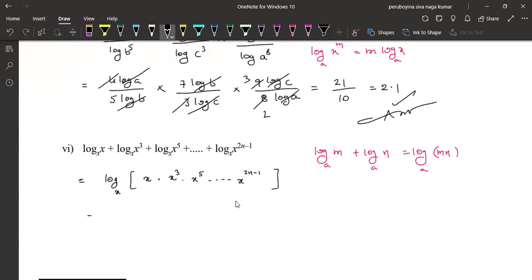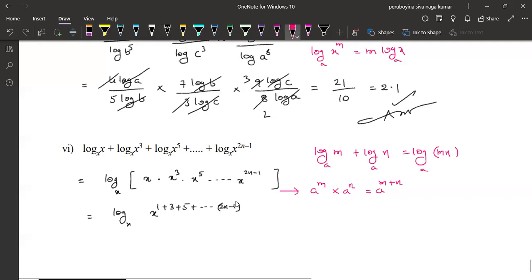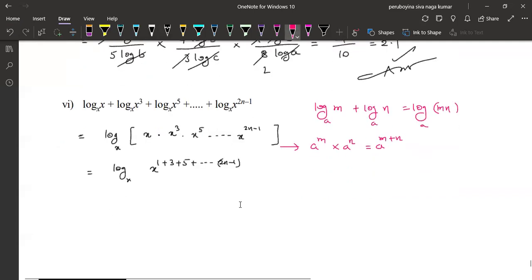All are multiplication. So log base x of, if the terms are in multiplication, like a power m into a power n, you can write a power m plus n. So 1 plus 3 plus 5 plus and so on up to 2n minus 1. Now we are going to sum all these numbers, and the formula was the sum of